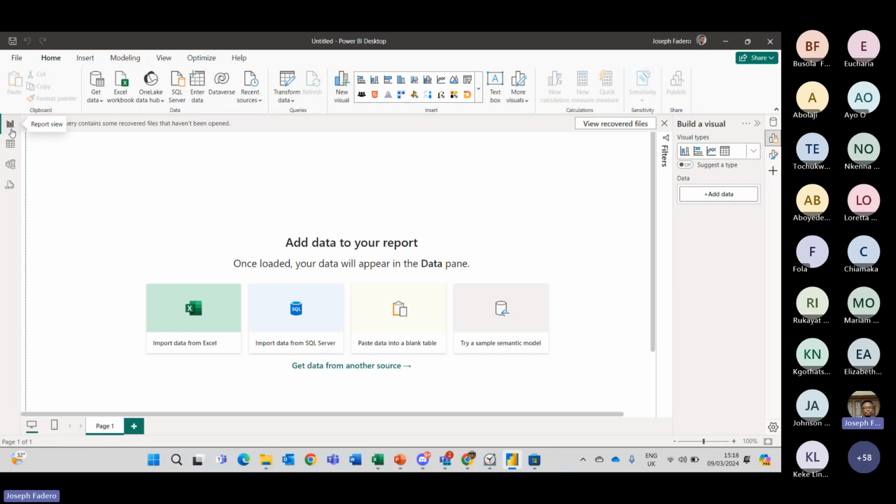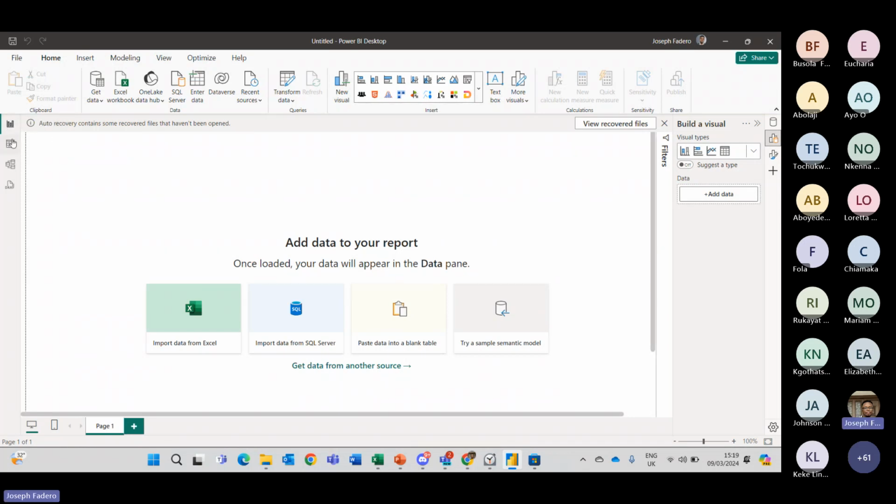This section on my screen is what I'm talking about. So this is your report view, your report tab, which is what we have right here. This is where you build out your visualization, your report and your analysis.